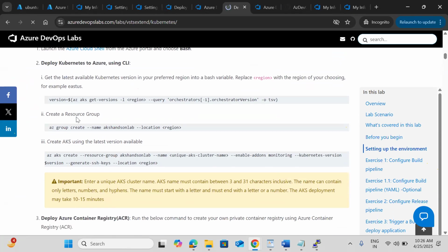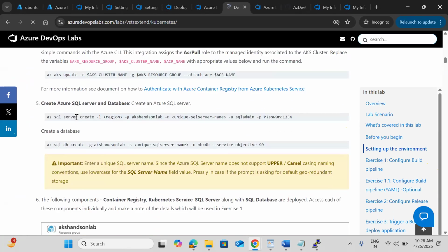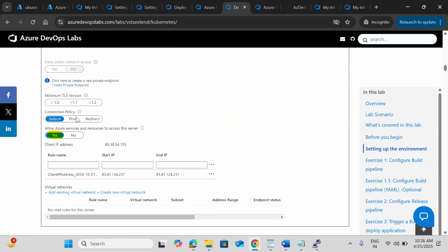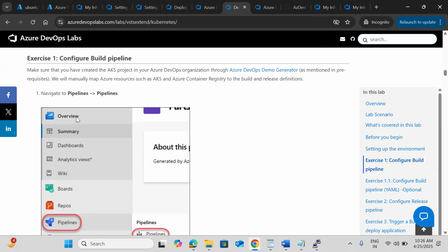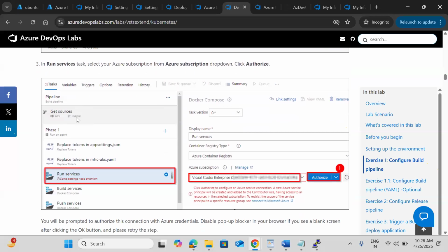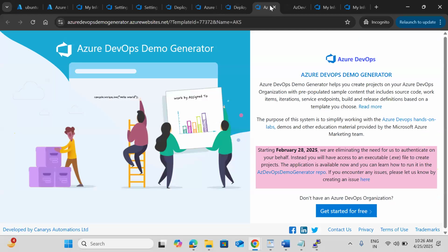Then we need the resources. The resources we require are Kubernetes, all these we need to set up. Then that DevOps project and these services we need to link, and then we need to update the pipeline also. These labs we need to do. So with this, what is going to happen is